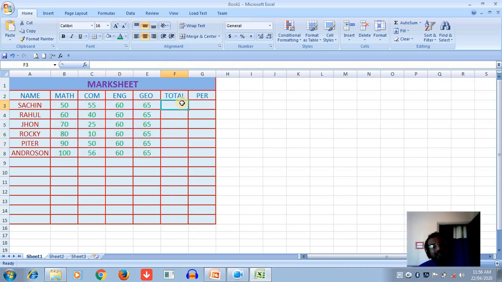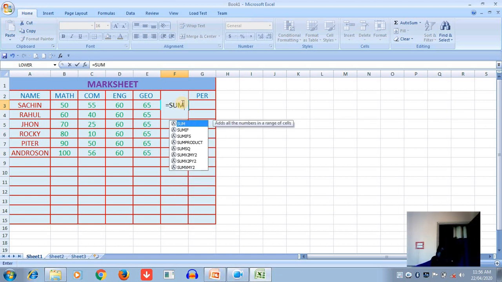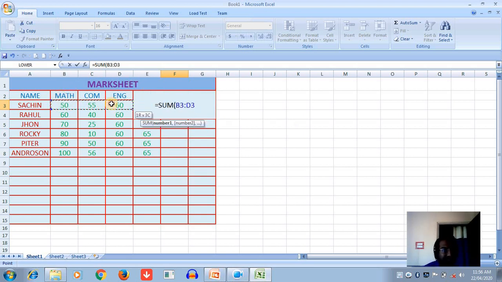Now in the previous class I have already introduced how to find the total using functions and also using the plus operator. So first we find the total. You write here 12, then you write SUM, and first give the reference and click cells, after that close it and press enter.